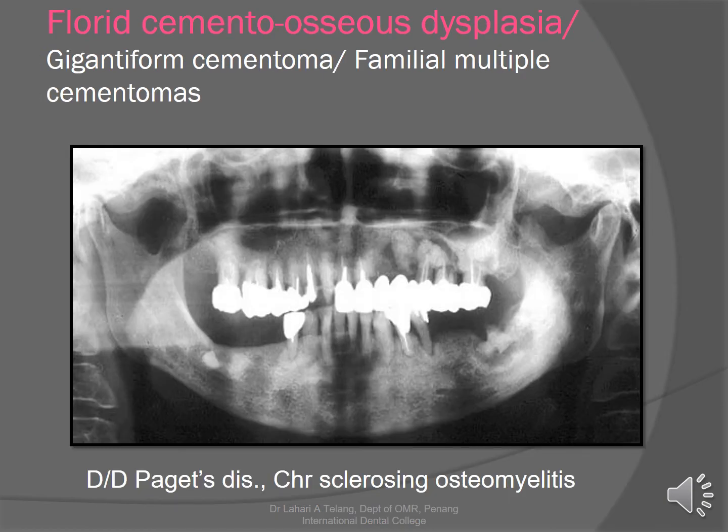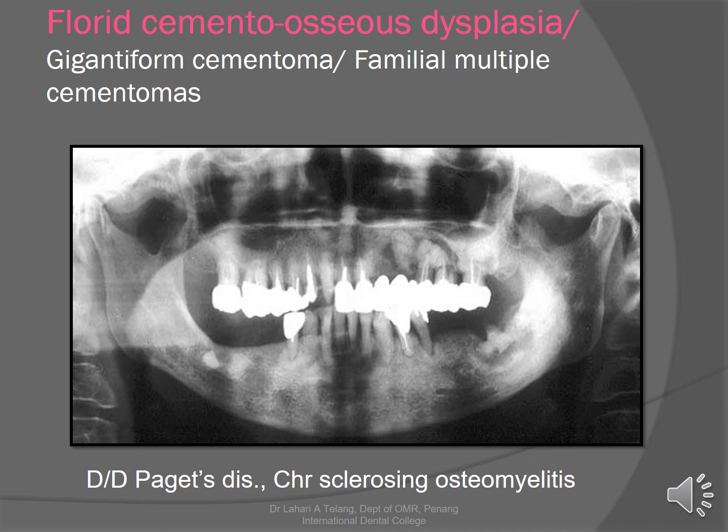Florid cemento-osseous dysplasia. This is again the same form of the disease. Periapical cemental dysplasia, focal cemento-osseous dysplasia, and florid cemento-osseous dysplasia are all the same disease but manifesting in different parts of the jaw, and the extent of the disease is also different. So when you're talking about periapical cemental dysplasia, we're talking about mandible anteriors. When we're talking about focal cemento-osseous dysplasia, we're generally talking about one or two molars involved in one or two areas. And when you're talking about florid, it's